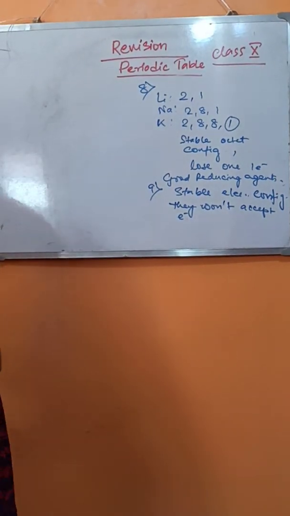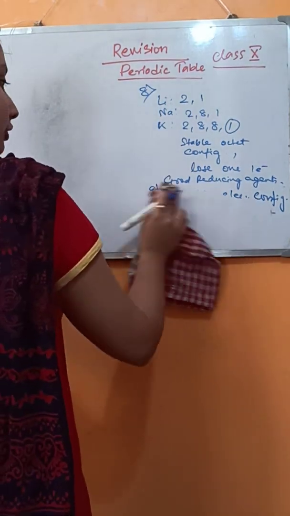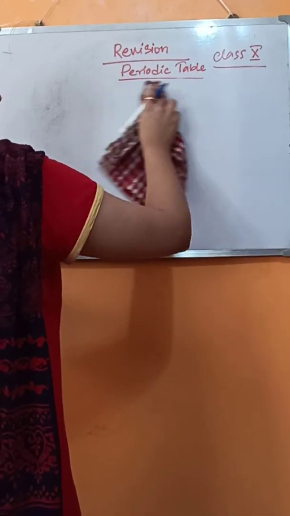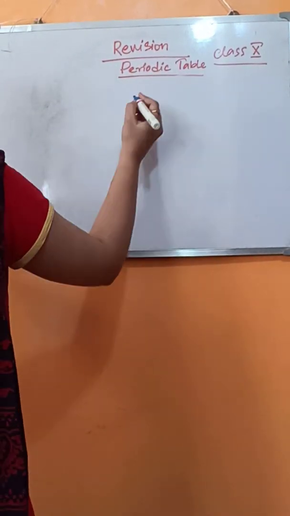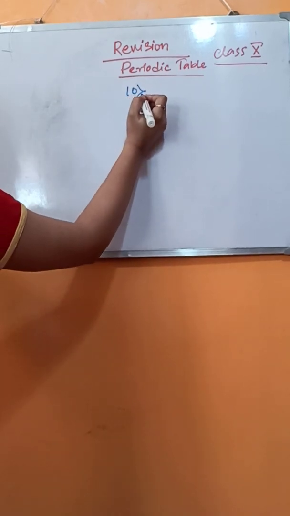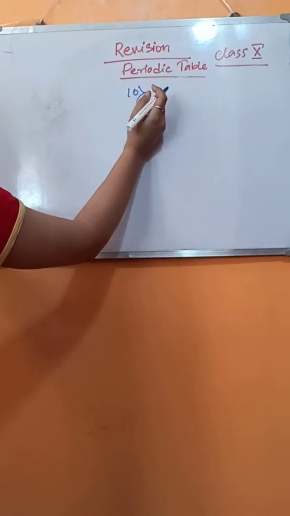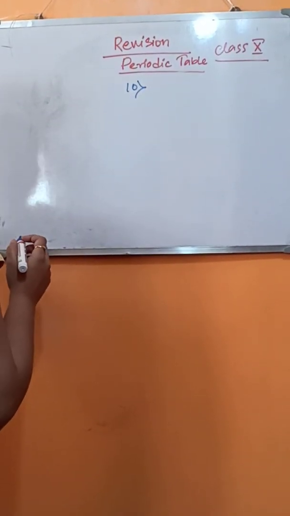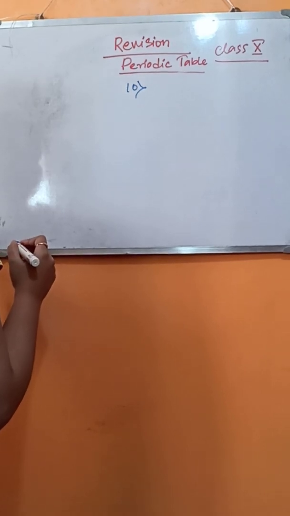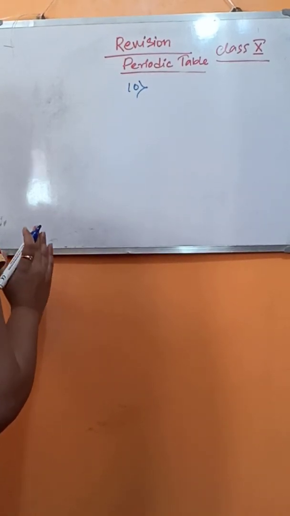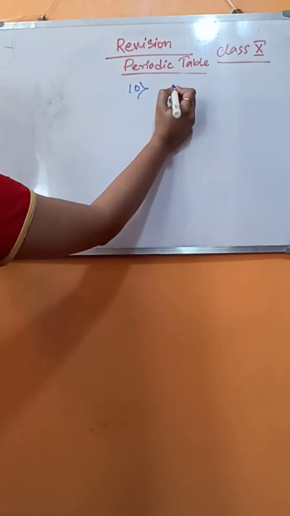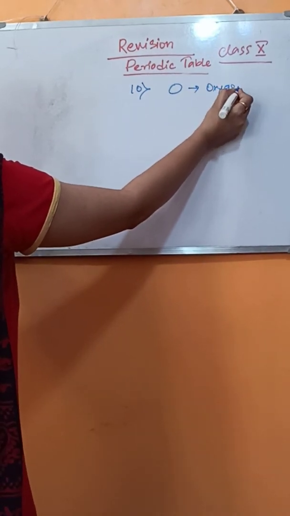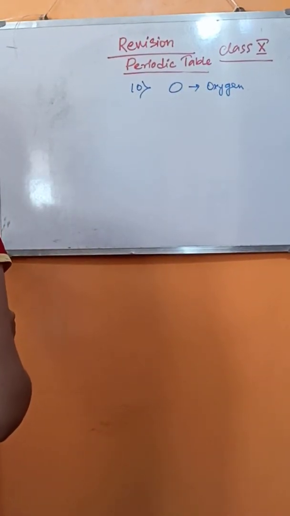And the last question is a very important question. Please note this question properly. These are the conceptual questions from this chapter. See, look at your study material. You are provided with a portion of the periodic table. In this type of questions, the elements which are having the symbol of a single letter, they will be represented by those elements only. Like in this table, I have given O. Here O means oxygen only.